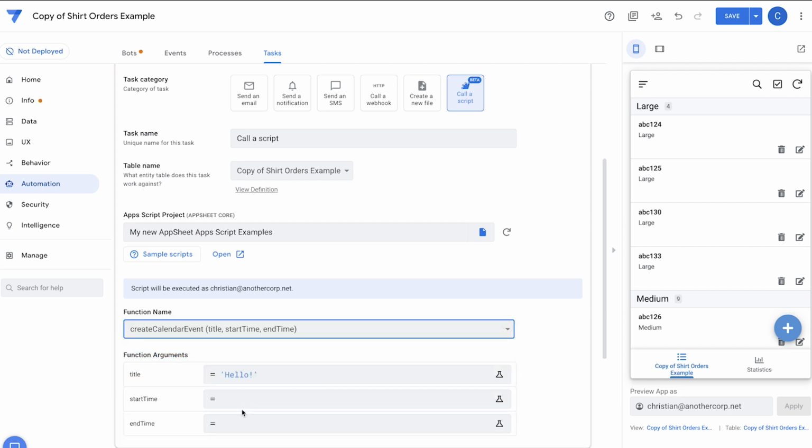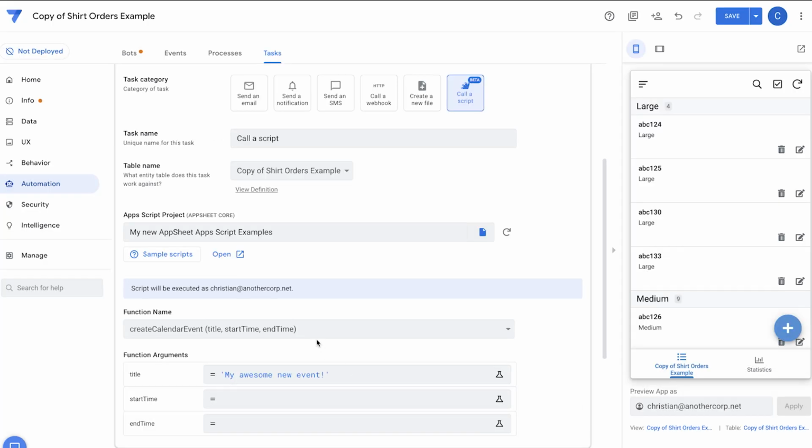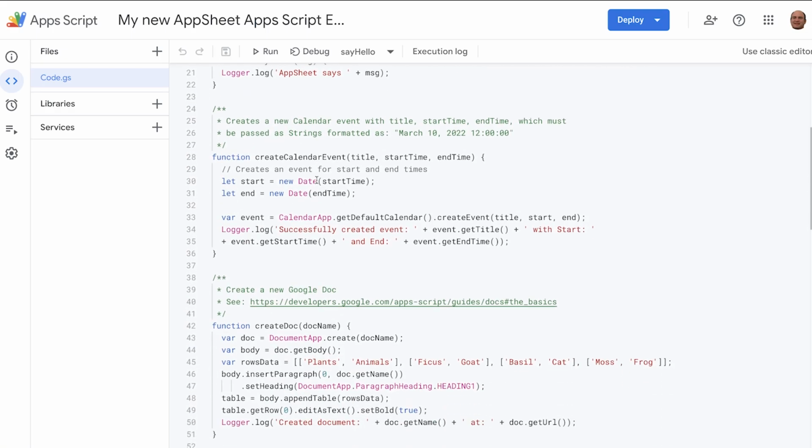Instead of a simple title, I want it to be my awesome new event. Then I'm going to select a date format, which I think should be okay, but I'm going to update it a little bit.